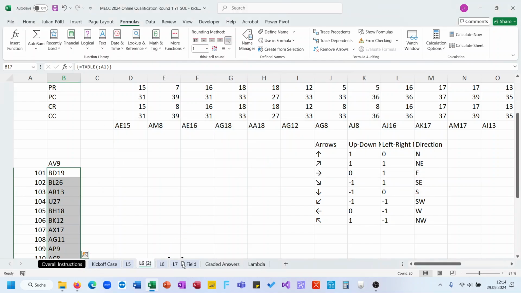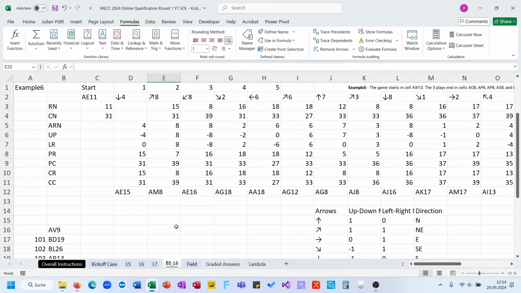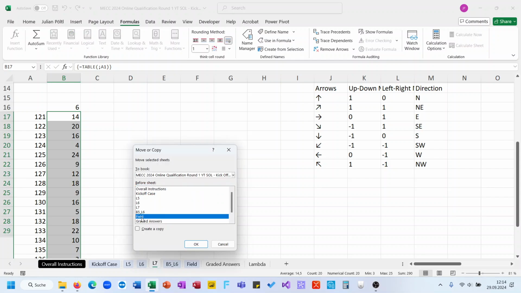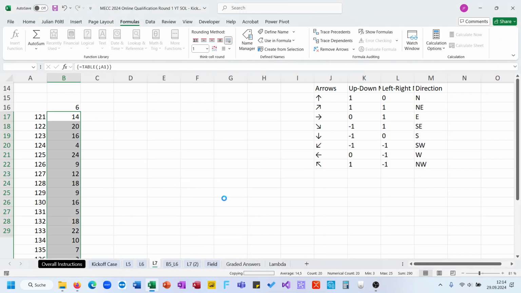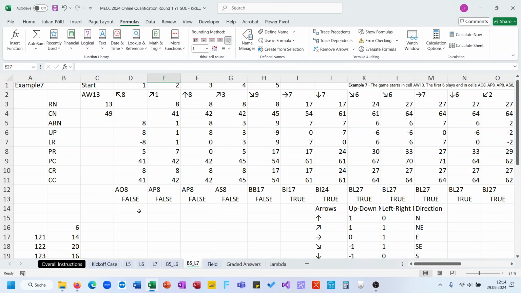So I will copy my data table from the levels before, B5 underscore L6. Or was this 6? Yeah. And then also create a copy, yes to all, B5 underscore L7. And then